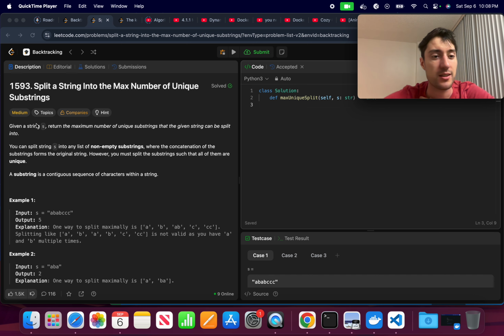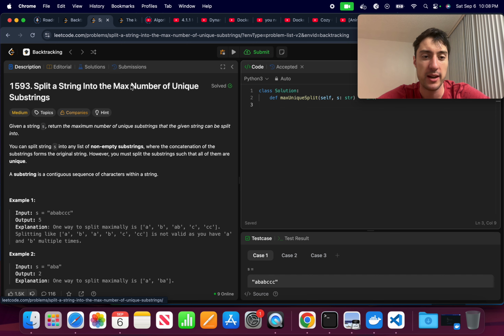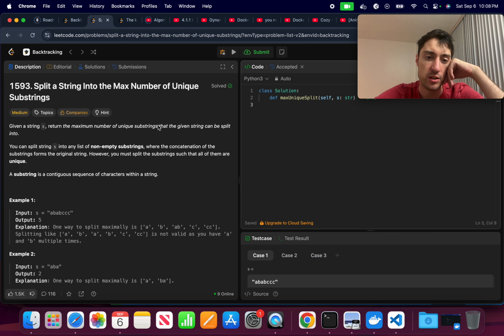All right, let's see. I said that I wasn't gonna move off this problem until I fully understand it, and that's what I'm trying to do. All right, split a string into the max number of unique substrings. Okay. So, given a string S, return the maximum number of unique substrings that the given string can be split